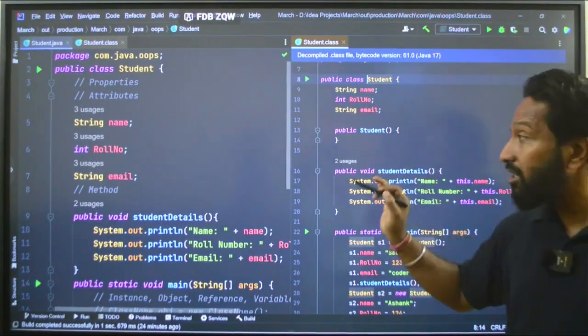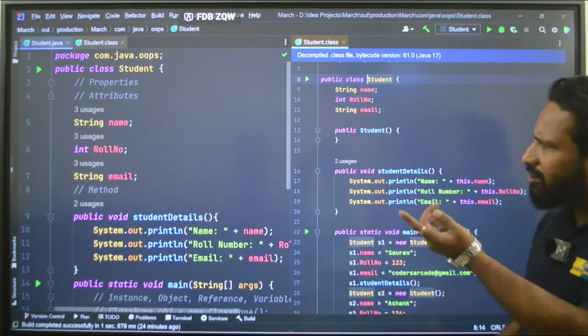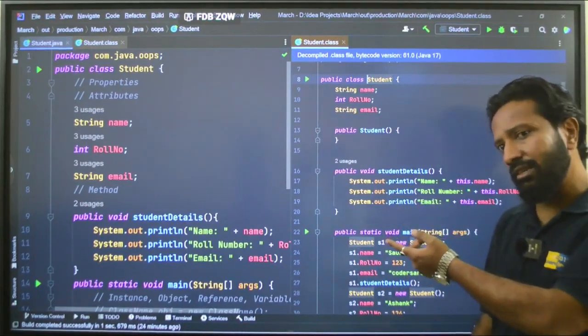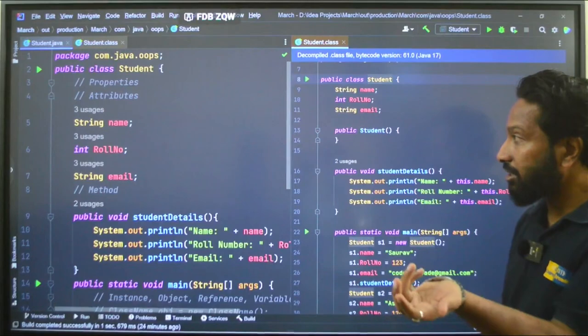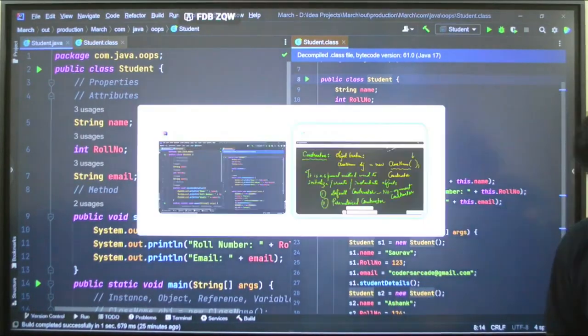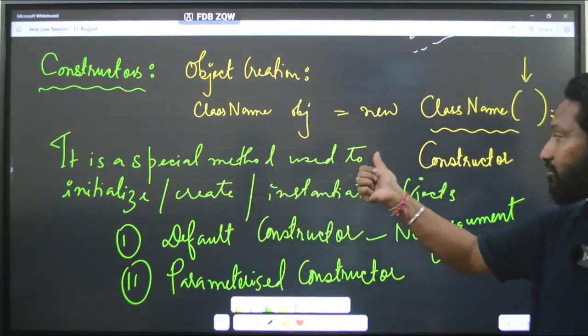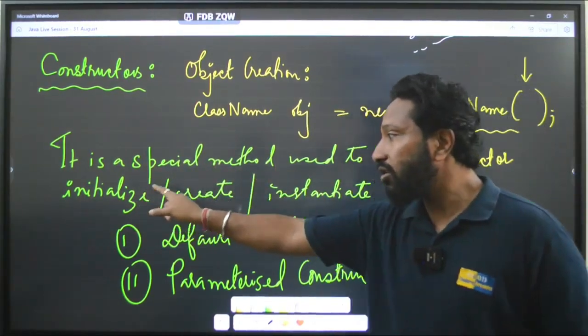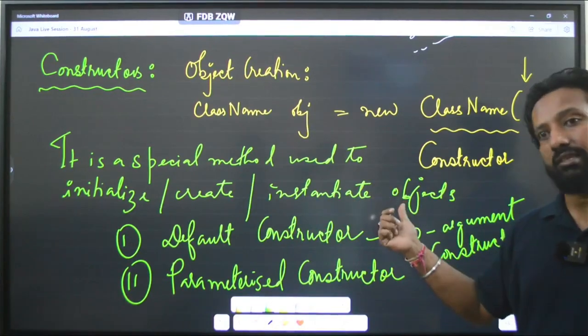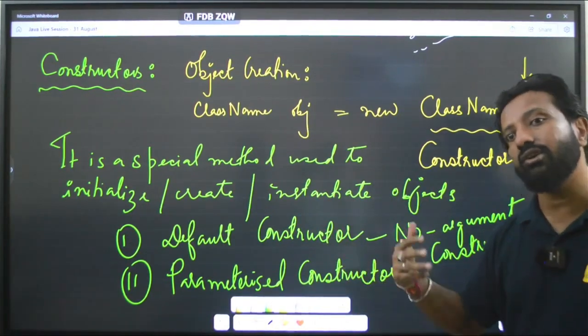Okay, got it? So what do you think is unique about the constructor here? There are some rules that you have to understand here. Okay, so let's go to the rules also. The definition you understood, it is a special method used to initialize or create or instantiate objects. So without the constructor you cannot create objects.